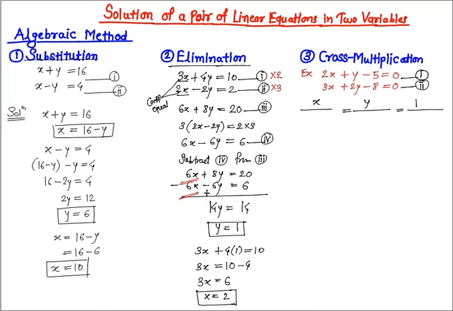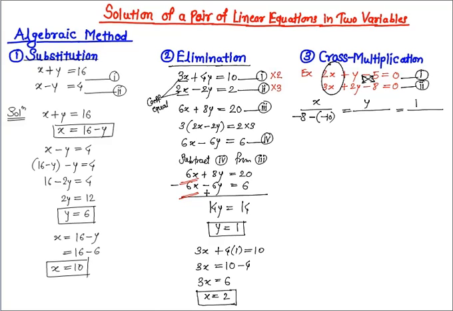What is the denominator of x? If we cover the x variable terms from both equations with your hand, so if you cover this 2x and 3x, what is left out? y minus 5 and 2y minus 8, right? So you have to cross multiply the coefficients here. What is the coefficient of y? It is 1. So multiply 1 with minus 8, you get minus 8. Let's put the minus sign here. And what is the cross multiplication of 5 and the coefficient of y, which is 2 here? So 5 multiplied by 2, minus of 5 is minus 10.